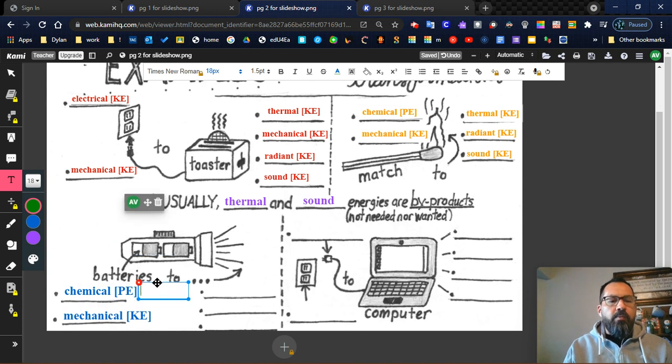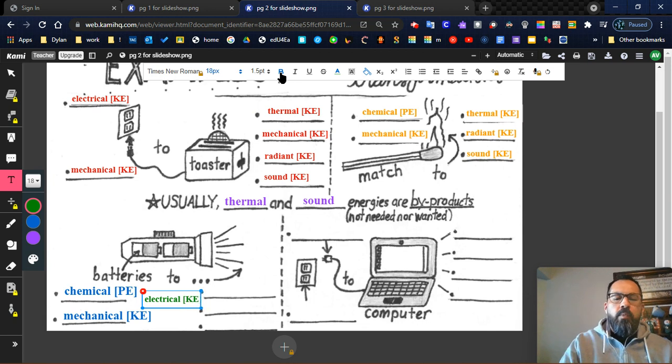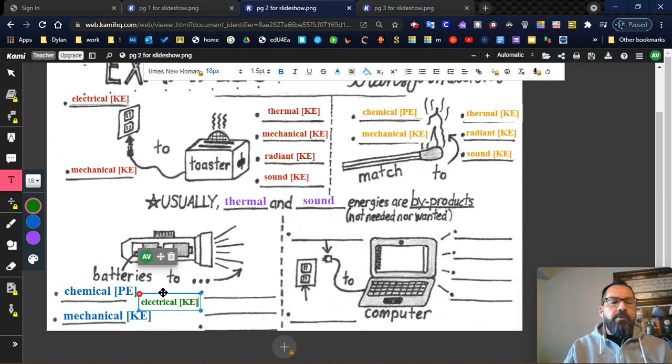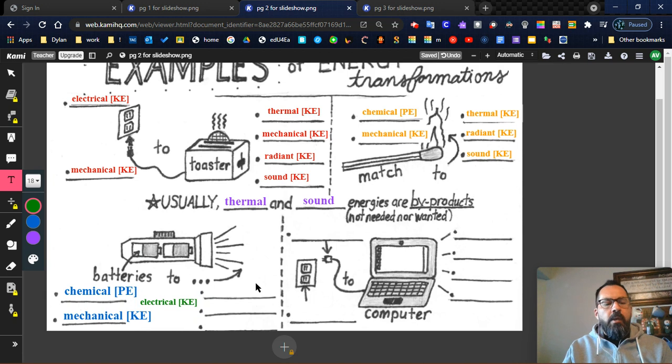Now, when we flip the switch, this causes another change here in the middle that produces these three forms of energy over at the end. So I'm going to go ahead and include that now, and that is going to be the electrical energy, which is also kinetic energy. So we flip the switch. That causes an electrical flow, and the electrical flow is what gets the flashlight working. So next, we're going to have